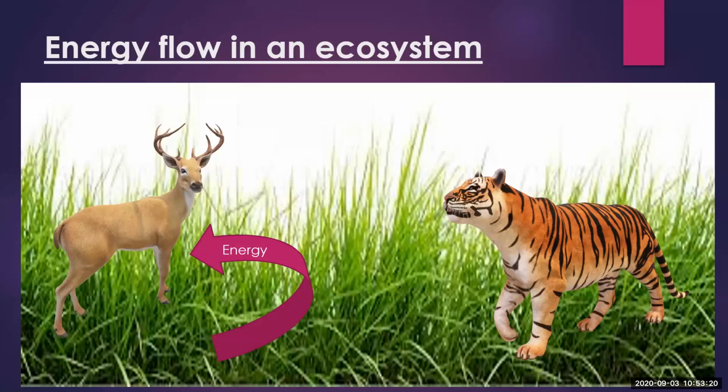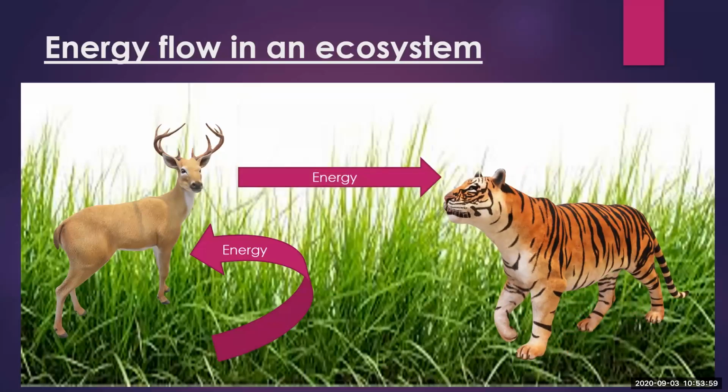Now you can see the deer in the picture. This deer will feed on the grass. So from the grass, the energy transfers to this deer. As we also eat food, why do we require food? To get the energy so we can do the daily routine work. So these animals also require food for their daily work. So this deer feeds on the grass. When he eats the grass, what does he get? He gets the energy.